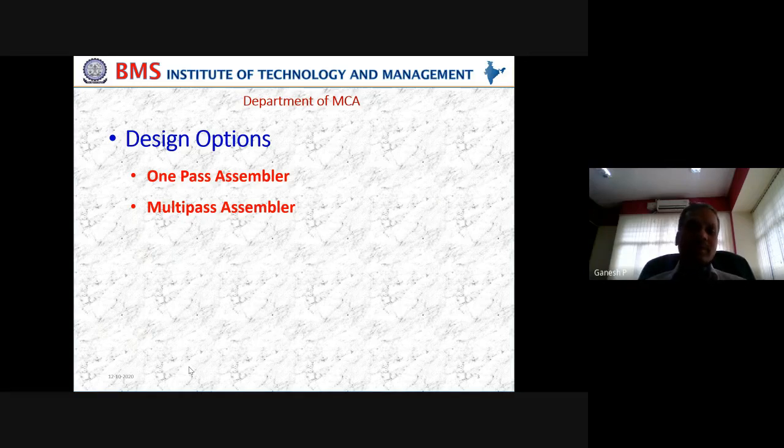Now coming to our discussion today, we are exploring whether it is possible or required to have a one-pass assembler. Second, is it required to have a multi-pass assembler? The first one, let us see the one-pass assembler. Is it required, if somebody asks? Not required. When I have a two-pass assembler, which also has a pass 1, I can run the same two-pass assembler. My problem is done.